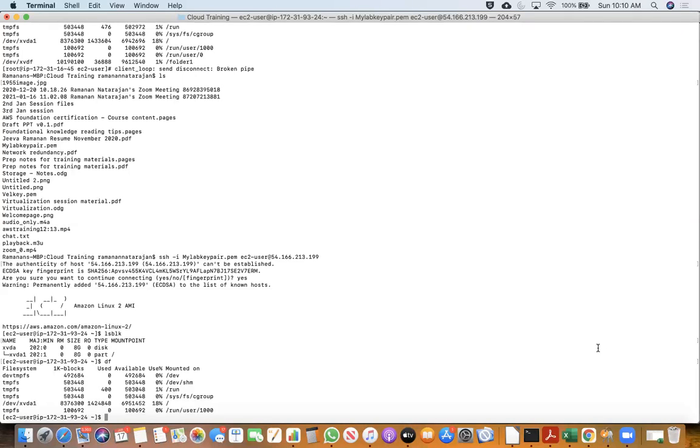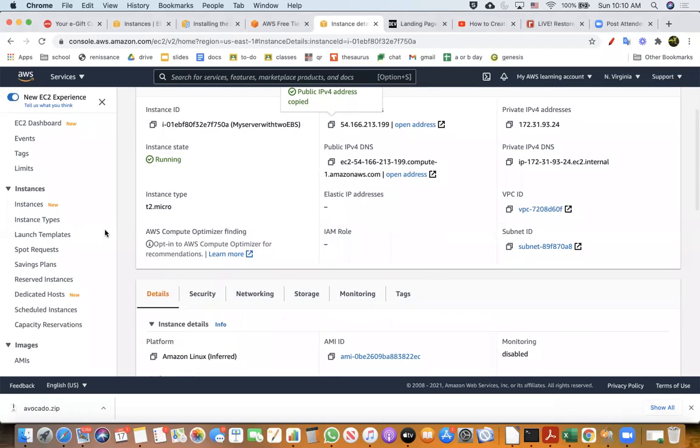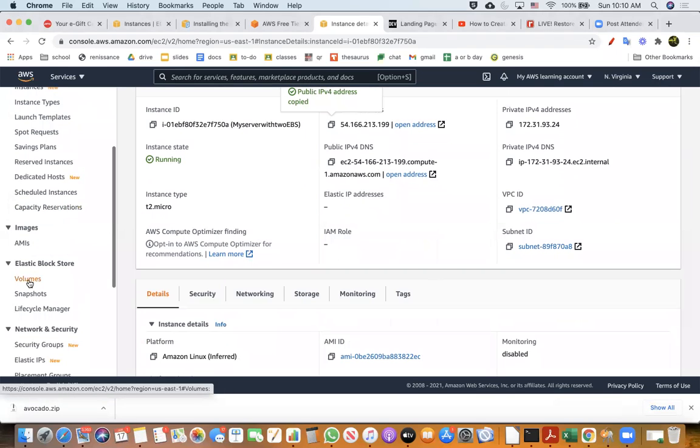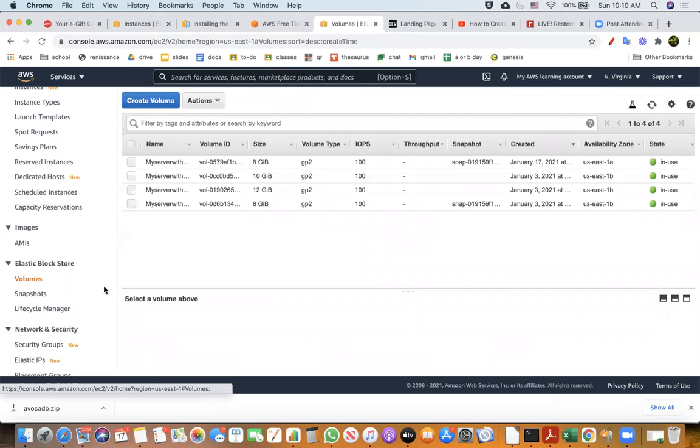So the first step in doing that is, I need to create an EBS volume. So how do I create the EBS volume? Under your EC2 tab itself, if you go to the left side, you have this particular option called Elastic Block Store. Under that you have Volumes. So click on Volumes, then it allows you to create all these volumes. So what I am going to do, I'm going to get rid of any volumes that are currently being used by other instances.